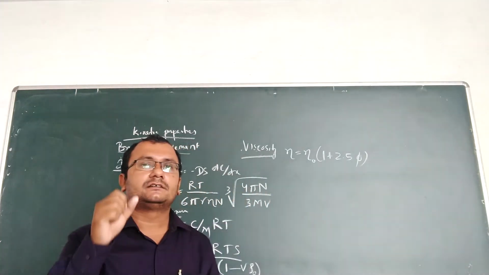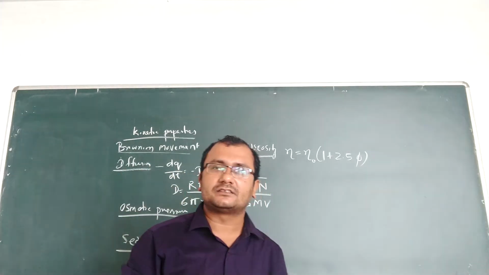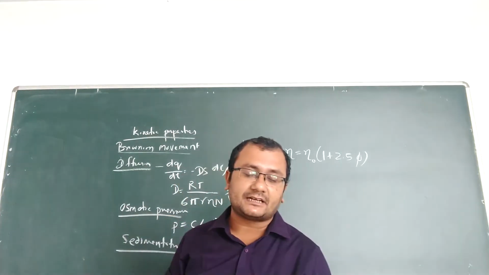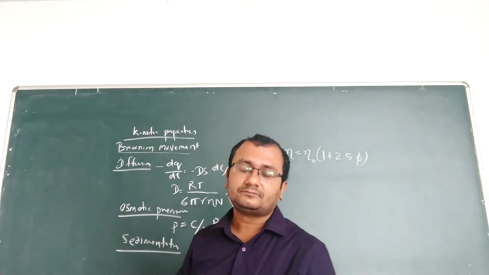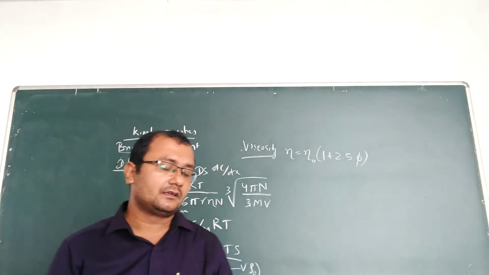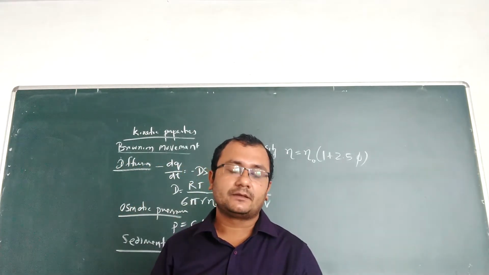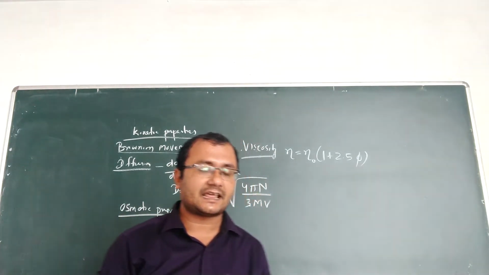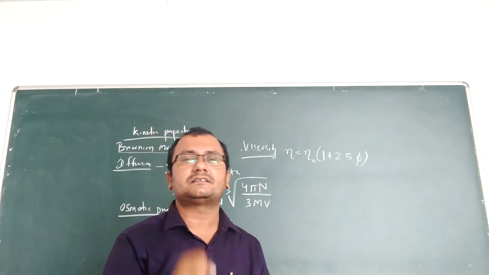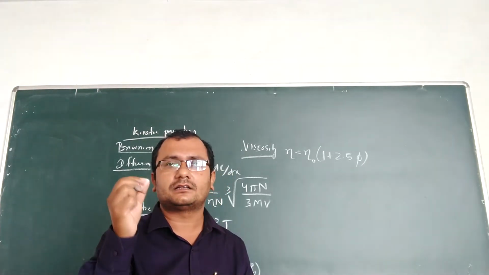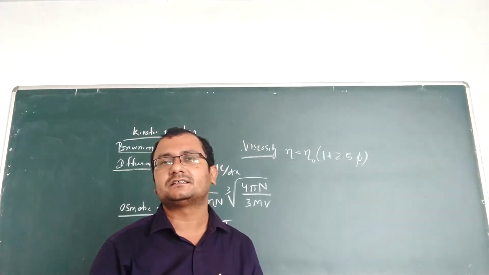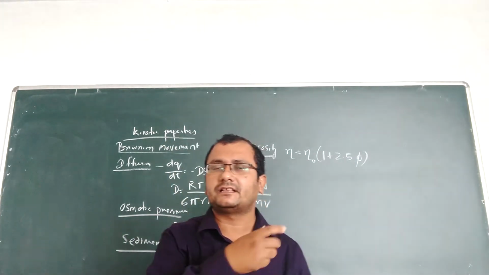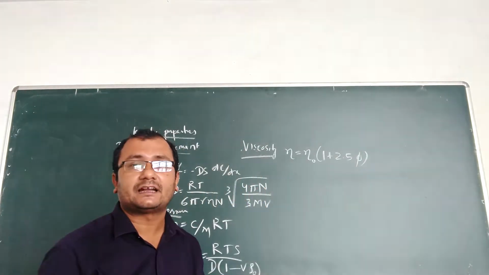With this, there are some other properties also, like optical properties. In the optical properties, I told you about the Tyndall effect, ultramicroscopy, electron microscopy, and light scattering. So there are different techniques to determine the particle size and the colloidal dispersion of the particles. We can determine it by using these properties and these instruments.